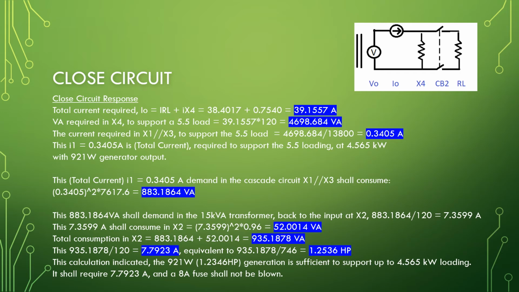This total current I1 equal to 0.3405 ampere. Demand in the cascade circuit X1 parallel X3 shall consume